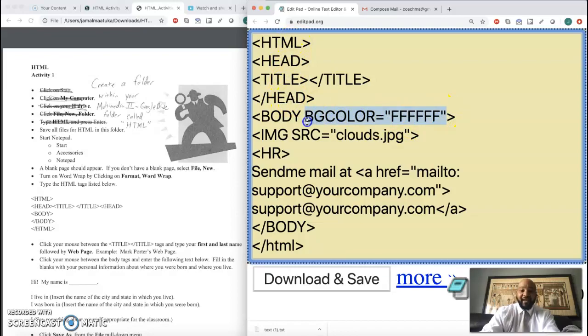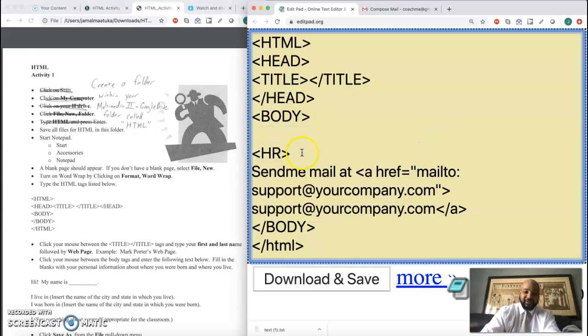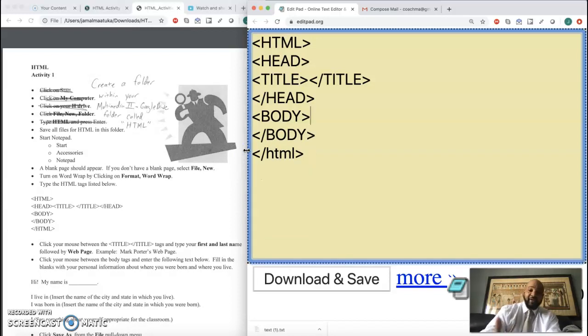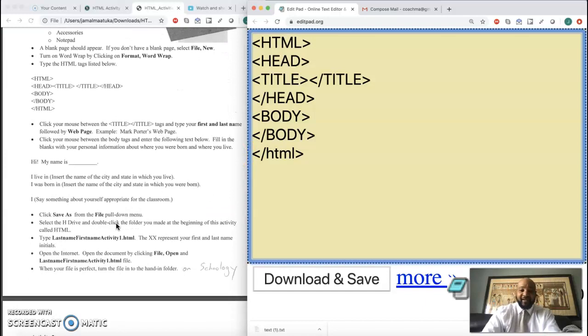I'm going to get rid of our background color. Not even going to do background color. We just got our body tag. We're going to get rid of our image source. That's higher level coding. We don't need to put in pictures yet. We're going to get rid of our horizontal rule tag. We don't need any horizontal rules. I'm also going to get rid of our hyperlink that sent us to create an email. So now I already just that quickly have all the information that they wanted us to type in our first